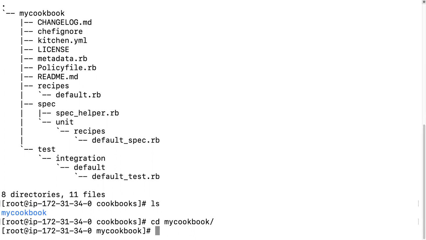So let's run chef generate recipe, and the recipe name I write is myrecipe. You can set the name as per your need; if a recipe is for Apache installation, you can name it apache installation.